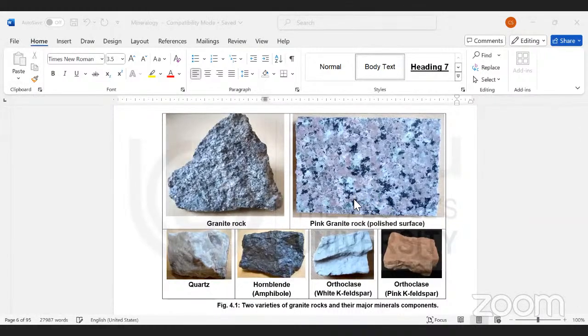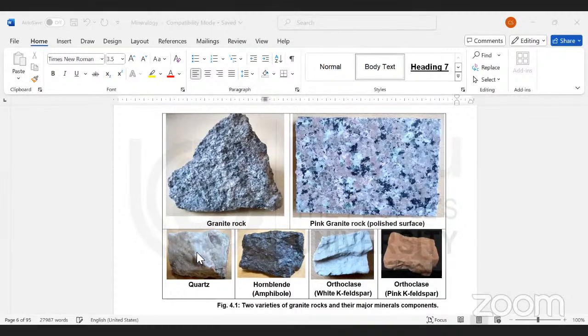How minerals are seen appearing in different colors, you should identify the colors. So you see here it is granite. Normal granite you also see outside, and this is a pink granite, where most of the rock mineral is pink